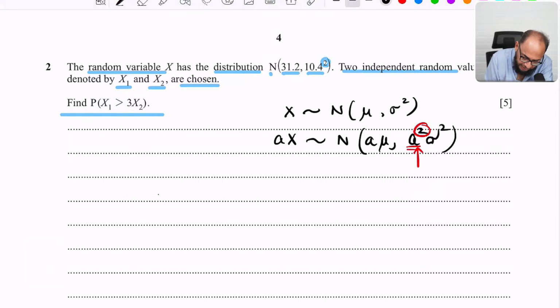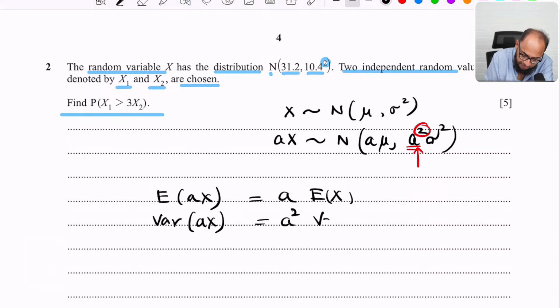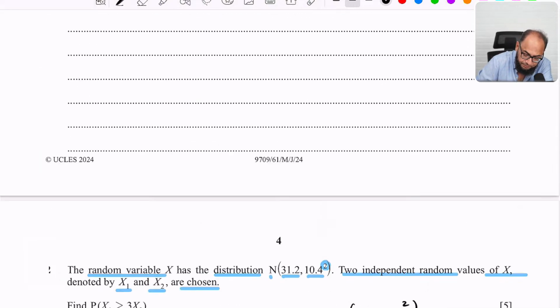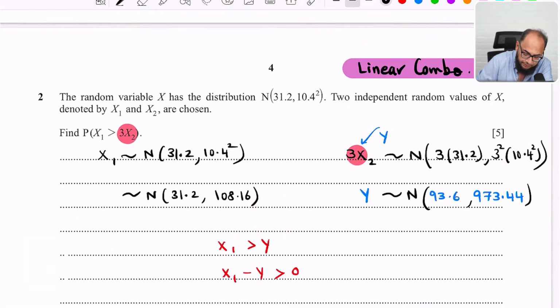Now it can also be written as this. Expectation of ax, that is a times expectation of x, whereas variance of ax, that is a squared times variance of x. So this is for a general random variable, and that is specifically written for normal. So that is the basic diagram. That is the basic working that I'll be doing. So now over here, the question says,